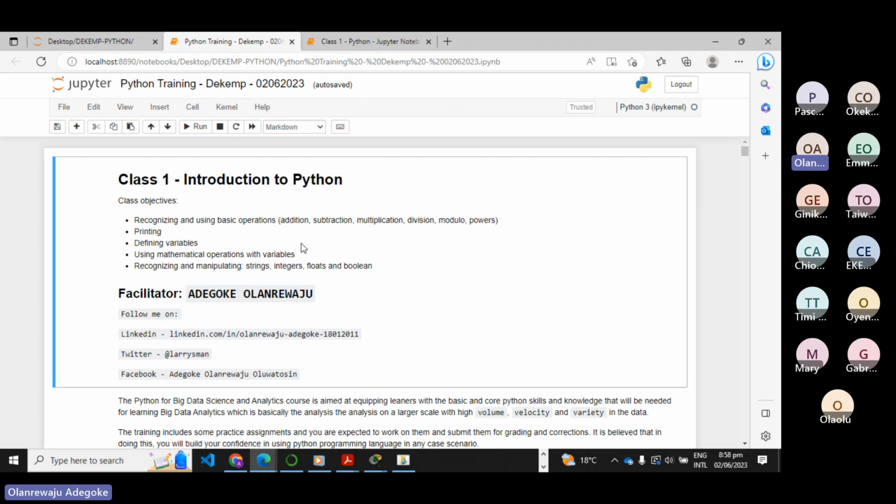So this is a typical file that we're going to be working with. I've explained how I came about this. Now, this one you see here is just to tell us what we expect. As a class 1 introduction to Python, one of the objectives I aim to achieve as far as this class is concerned is, number one, recognizing and using basic operations such as addition, subtraction, and so on